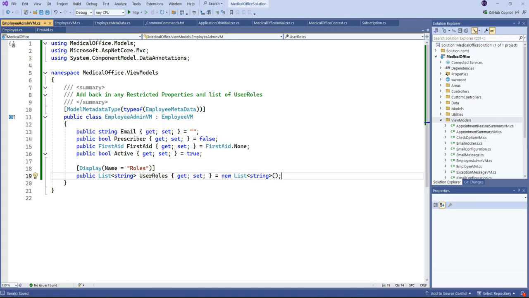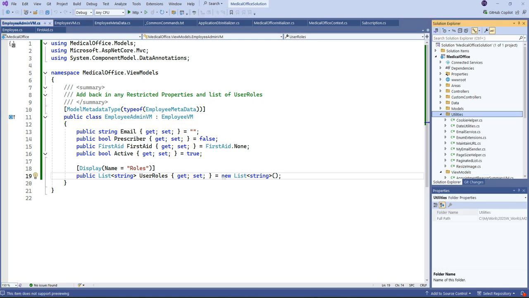Now, I'm going to add a utility. This isn't really necessary, but at some point, the admin is going to create this employee. And at the same time, in parallel, we're going to create the identity user record in the identity system. You have to give a password as you do so. We could just have a stock password we use, but that's not the most secure approach. So